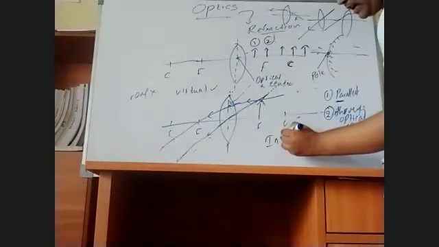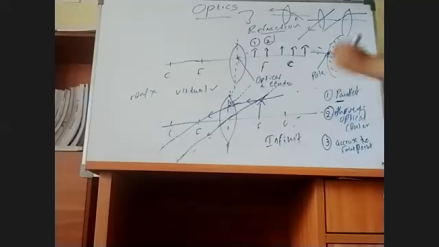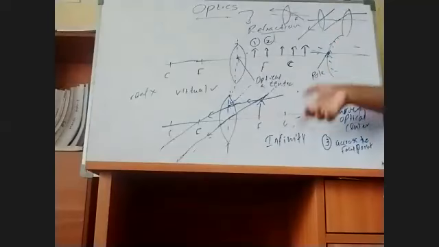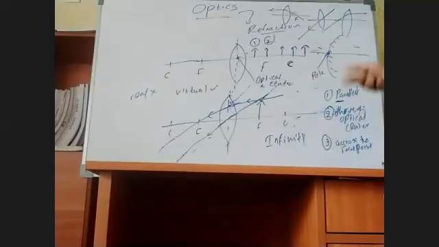We can't observe that. Okay, so we are just saying the image is formed at infinity. Okay, image is formed at infinity, so we can't determine whether it is upright or inverted, whether it is virtual or real. We can't determine it. Even so, it is at infinity. That means more than 4 times the focal length. Okay, then I'm giving some time for you to draw this ray diagram.